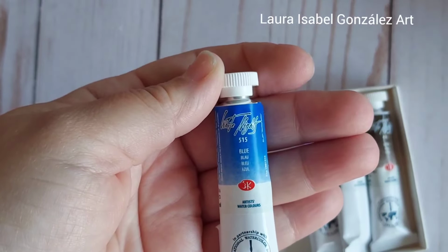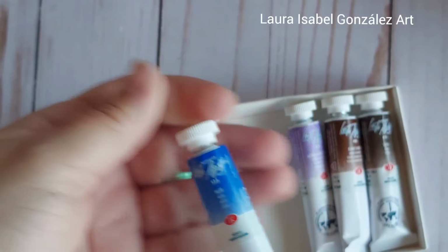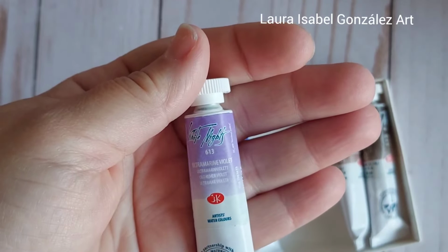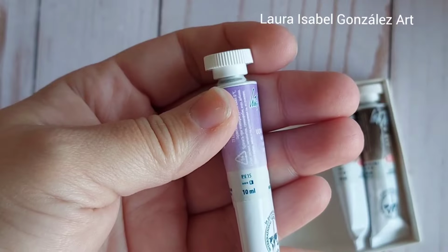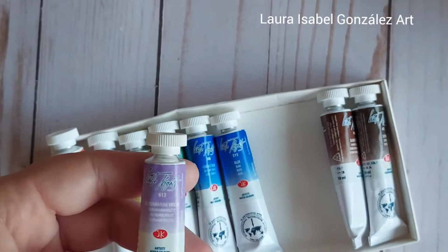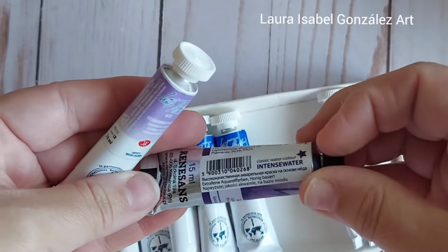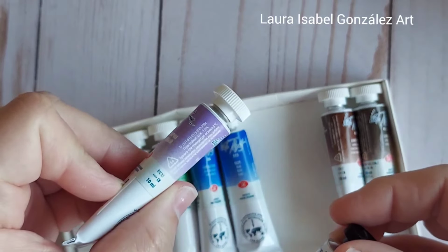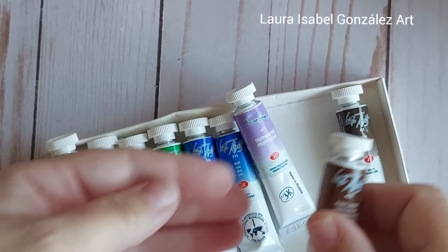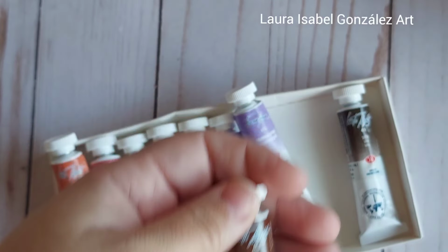I'm also going to do the same with the blue. This is a warmer leaning blue, PB156, so I'm curious to see how that looks. And the same thing with this ultramarine violet, PV15. I notice it doesn't say hue, whereas the Renaissance Polska ultramarine violet says hue. PB16, and this is PB15. Okay, there we go. And then for some mixing browns, burnt umber is always a good staple to have, PBR7,